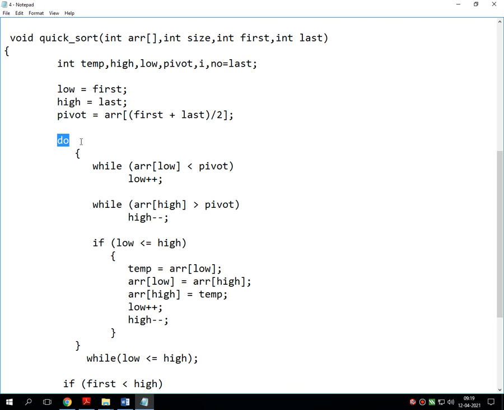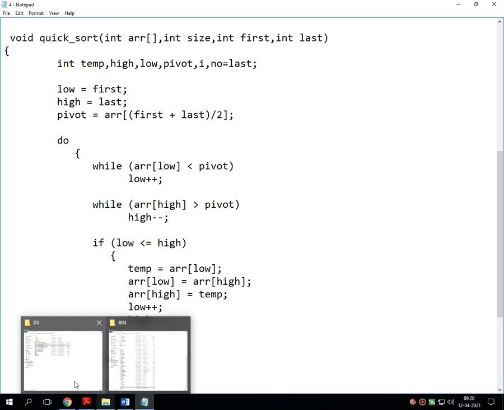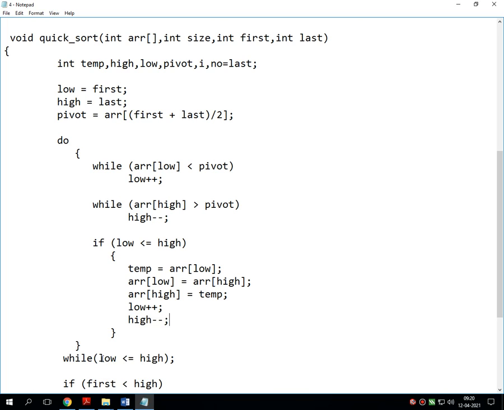Then into the repetition, that means over here I have used a while loop. For every low value which is less than or equal to high, it repeats this do statement.